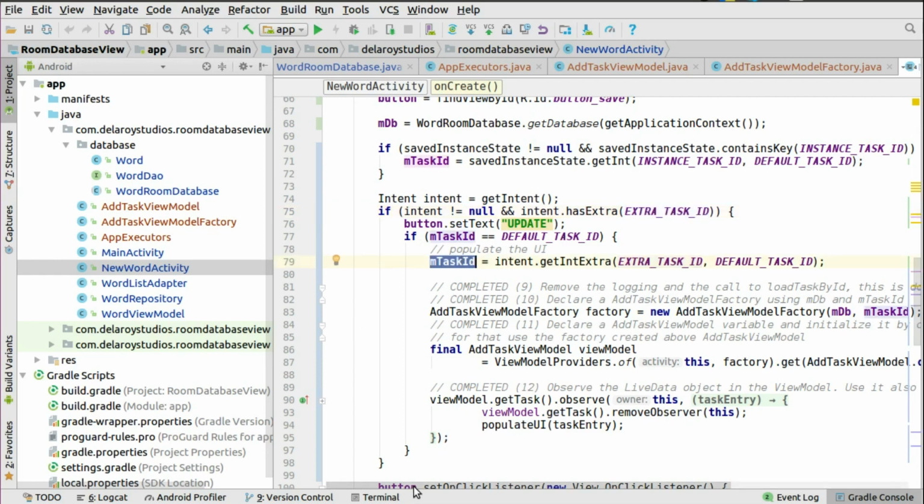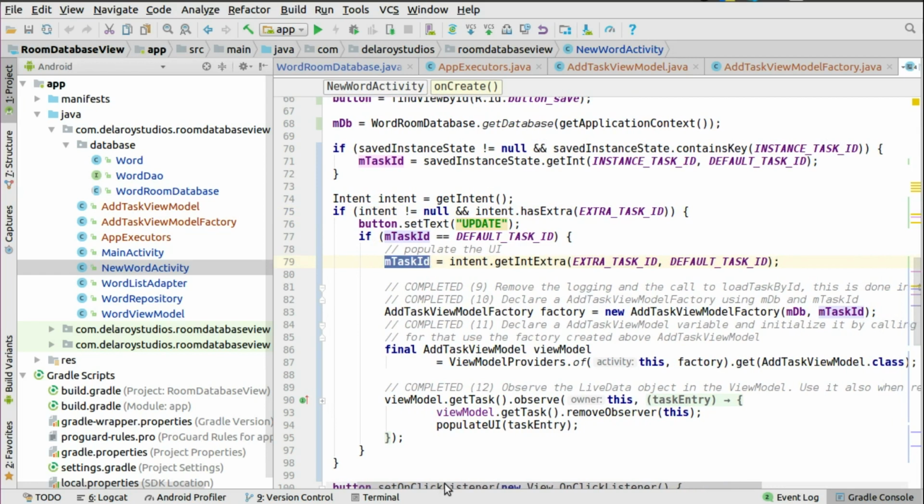Now let's see what we're going to do. We're going to remove a login and call the load tax by its ID, which we have the implementation in the data abstract object, and we're going to declare the tax view model factory. This is where we need a factory, which is going to use the database object and the tax ID itself. So now we point at the factory and instantiate that and pass in those two parameters,